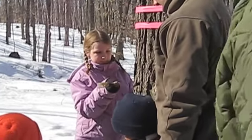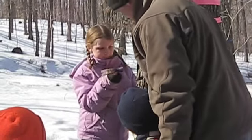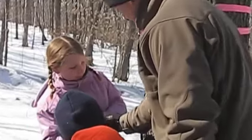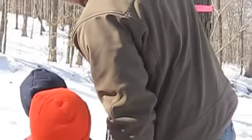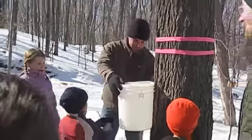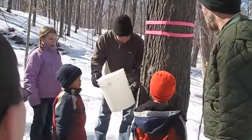Is there a hole for the bucket? The hole in the side of the bucket sits on that big knob on the top. Sits just over it, so it won't slide off. Is there sap coming out? I don't know. Looks like this one might be just a little